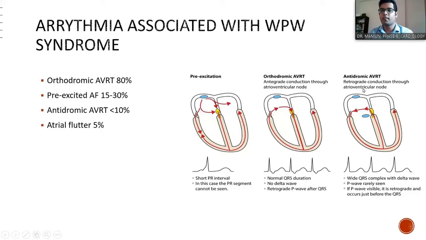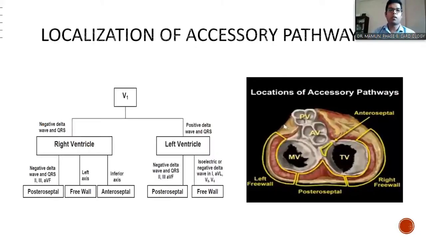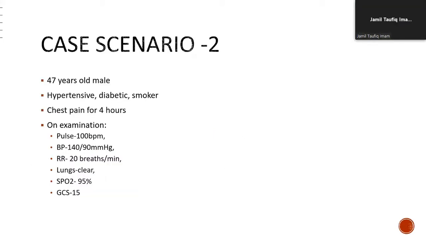What happens in this case? In antidromic AVRT, there is anterograde conduction of the atrial impulse to the ventricle through the accessory pathway and retrograde conduction through the AV node. Anterograde conduction produces a wide QRS complex in this pattern, and this is the localization of the accessory pathway. We know about this, so let's keep this. The case is